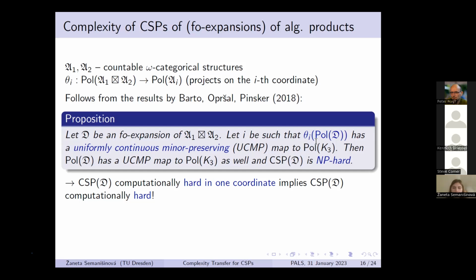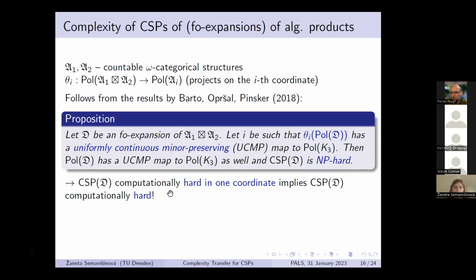So this is somehow meaning that this should be hard in the ith coordinate. Then it actually happens that the whole polymorphism clone of D has such a map to polymorphisms of K3, and the whole CSP is NP-hard. Yeah, this could seem a little bit cryptic, I guess, but the way to interpret it is